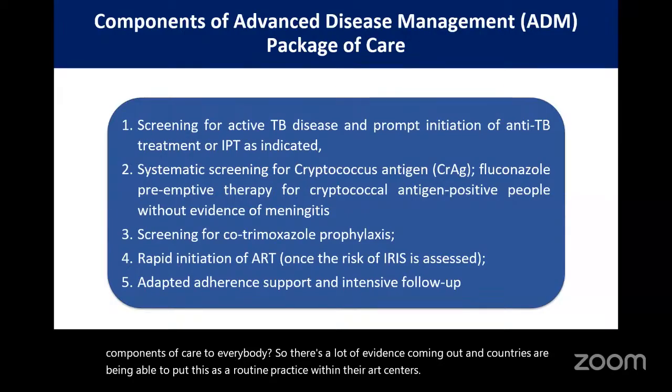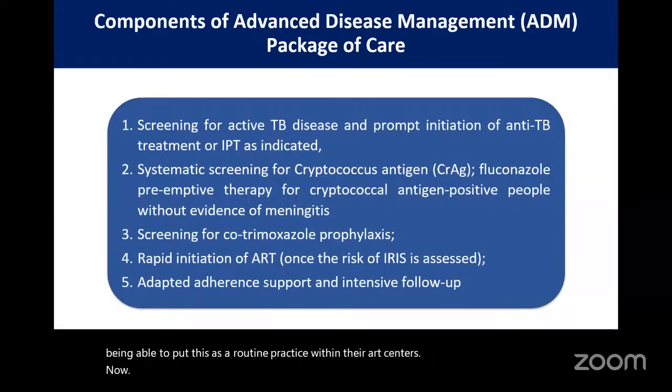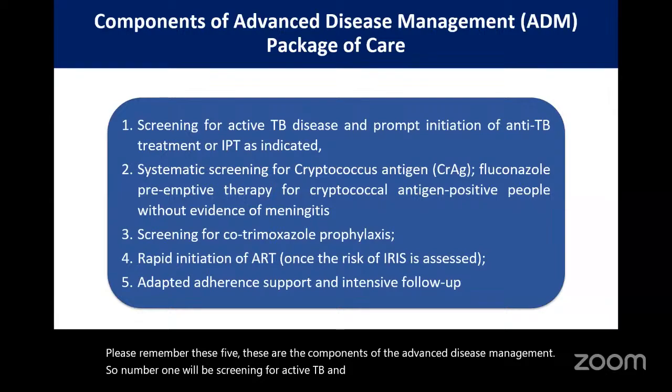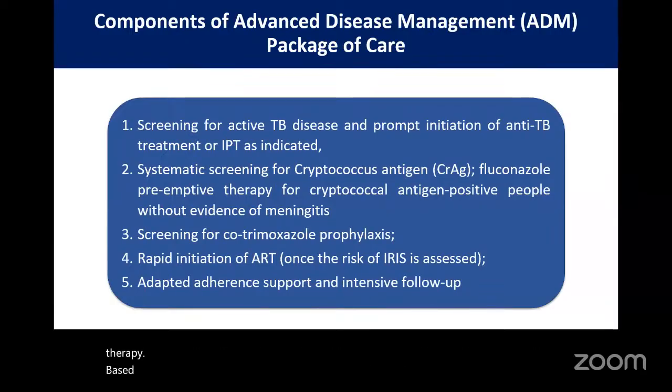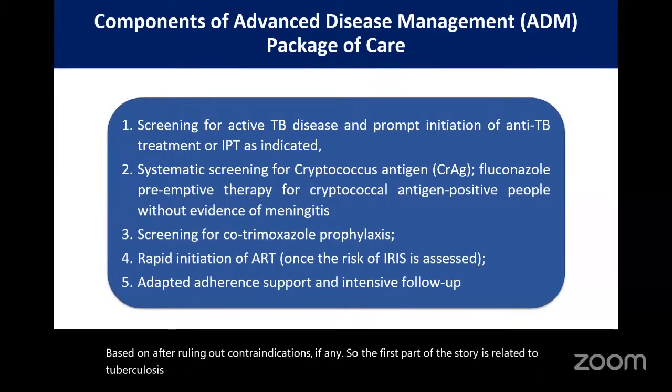Now, please remember these five. These are the components of the advanced disease management. So number one will be screening for active TB and prompt initiation of anti-TB treatment among those who are positive for TB, or for those who are 4-symptom negative, to initiate TB prevention therapy after ruling out contraindications, if any. So the first part of the story is related to tuberculosis screening, treatment, and providing prophylaxis to them, or